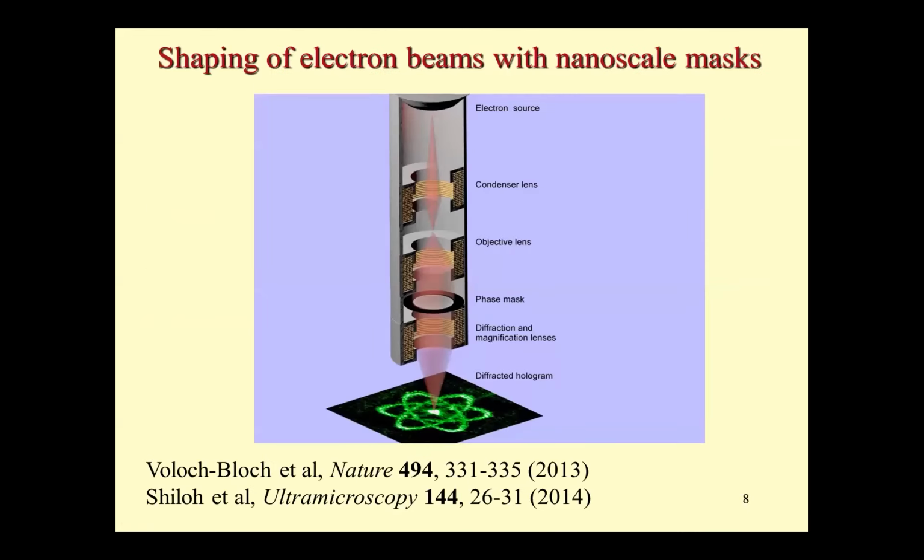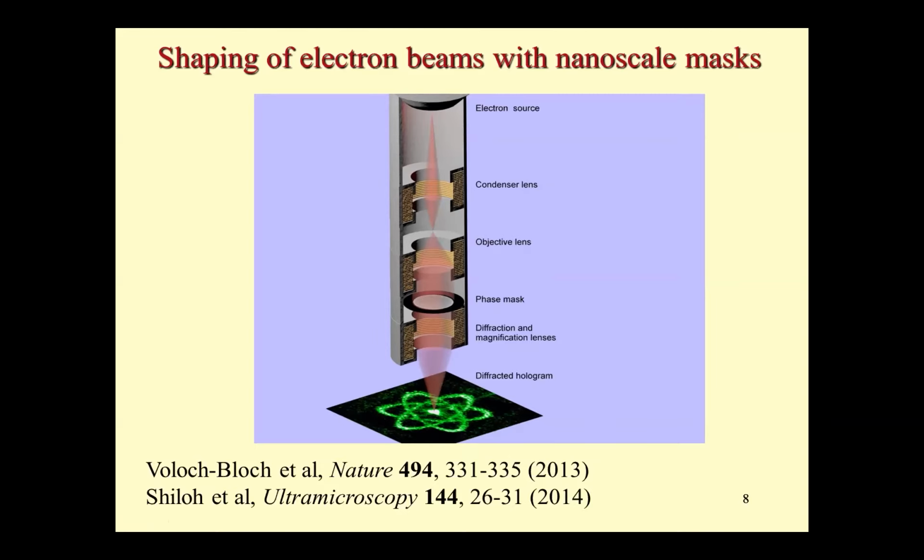So what I want to show is that there is another alternative, which is just to take the existing column that I showed before and insert into an existing aperture, without any other modification, a very thin membrane, a phase mask that will correct the aberrations. But before I get to that, let me tell you a little bit about the technology of shaping electron beams in general using